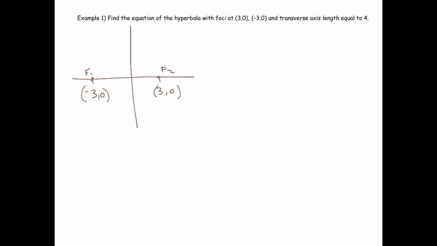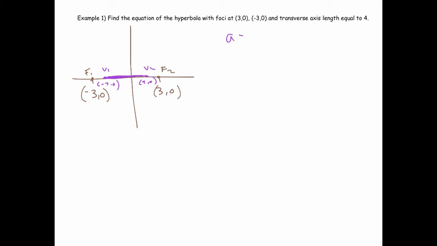Now it says that the transverse axis length is equal to 4. The transverse axis is always going to be in the same line that goes through both foci, and the transverse axis connects the two vertices. So I'm just going to put a vertex here and a vertex here. And since that has a length equal to 4, and this hyperbola is symmetric, as are all of them, then I know that this must be (2, 0), and this must be (-2, 0),